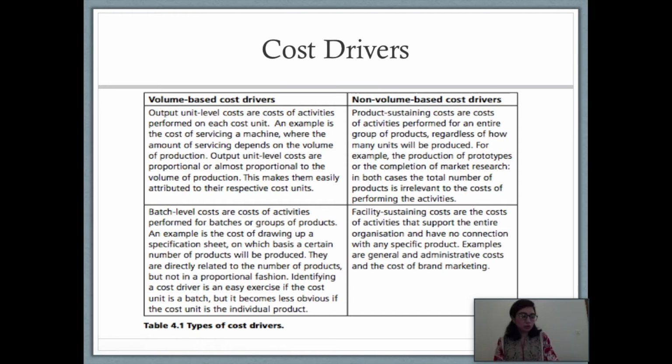Let me give you an example. My machine broke down during my production. So I paid, let's suppose, 1 lakh rupees to repair my machinery because there was a certain defect in it, and obviously it had to be repaired so that my production would continue and there is no problem. Now, that is a cost I had to incur. Why did I have to pay for repairs for the machine? What actually drove that cost?